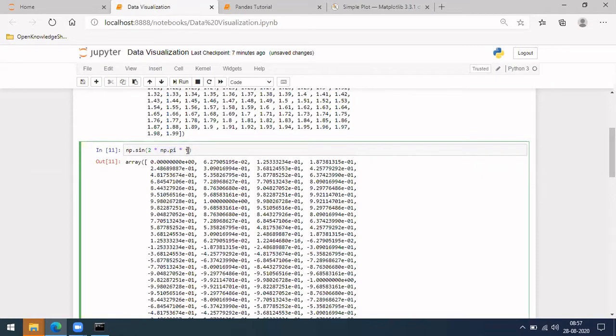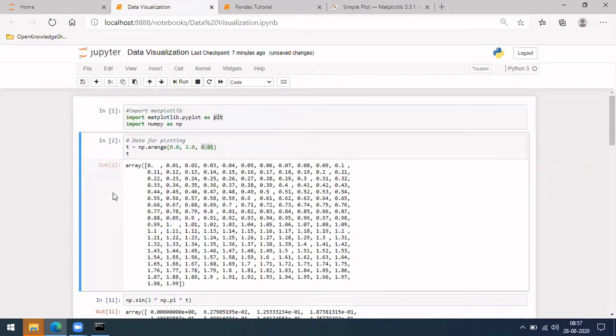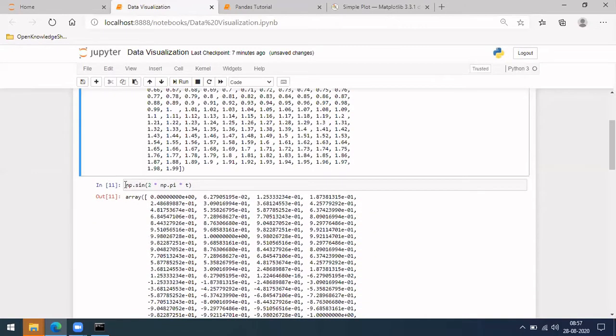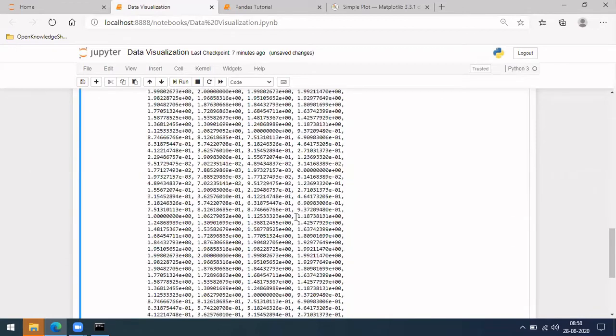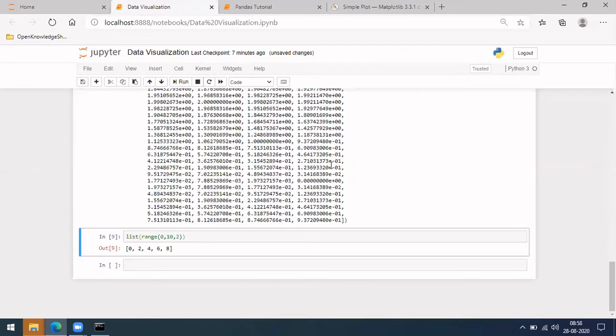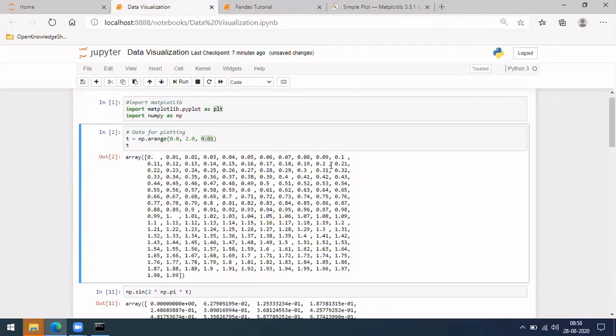And then t is whatever we gave here, from 0 to this one, right? So it is trying to do sin(2 pi t). For each value of t, it will calculate the corresponding sine value and store it in an array here. Okay, so for this, let me open here.